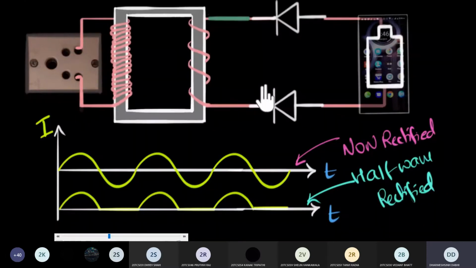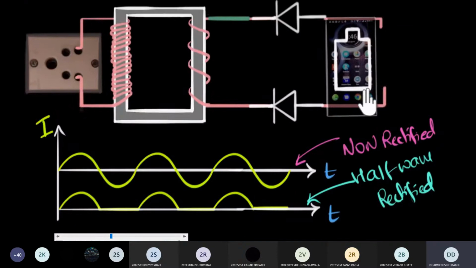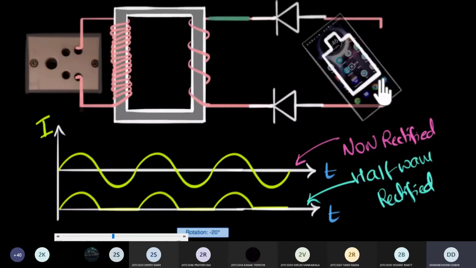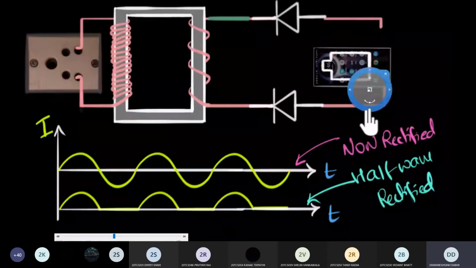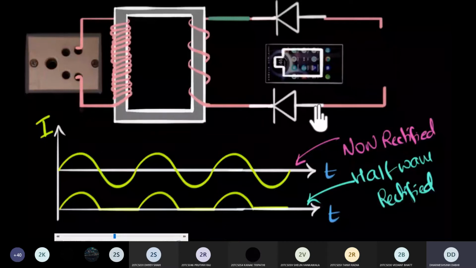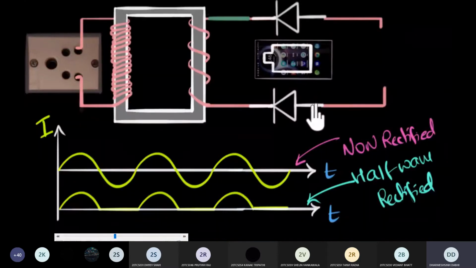Right now they're in the same circuit, right? So they thought to remove this phone from here. So let's do that. Let's remove that phone from this circuit. And remember, we want the current in this phone downwards. That's when the battery is charging, right? That's what we assumed. So let's flip it, like this. And let's make sure the orientation is exactly the same as the diode as well. And we'll keep it somewhere over here. So as of now, the phone is removed from the circuit.